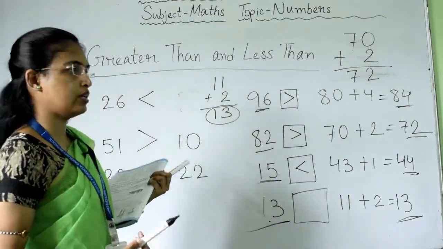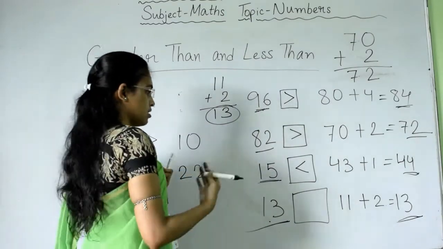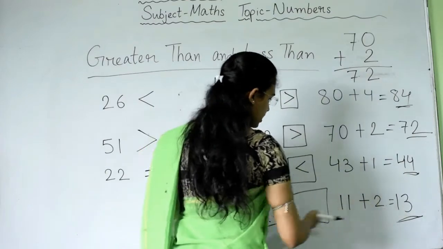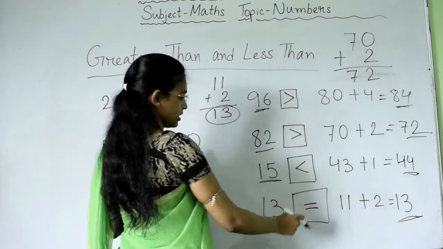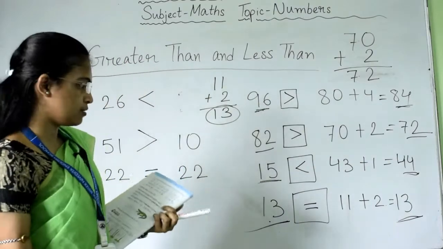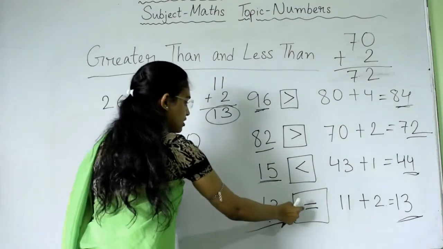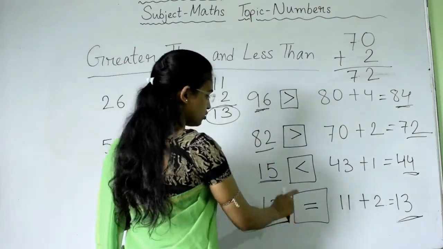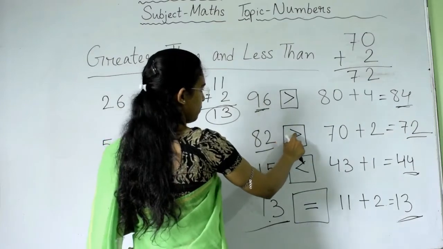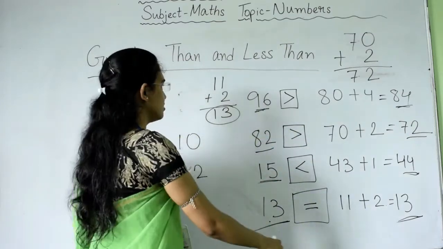Now what will the crocodile do? He is confused because both the numbers are same. So he is not opening his mouth. His mouth looks like this. When he does not open his mouth, it looks like this, right? So this sign is called equals to sign. Have you understood this? If he opens his mouth towards the left side, that is what?